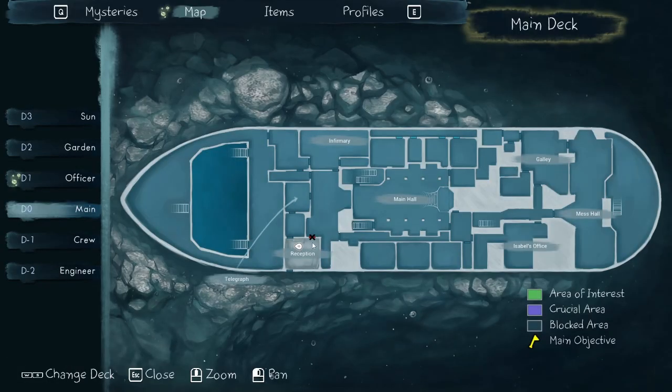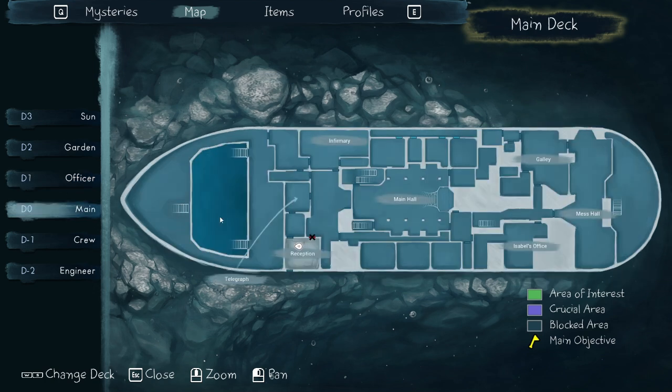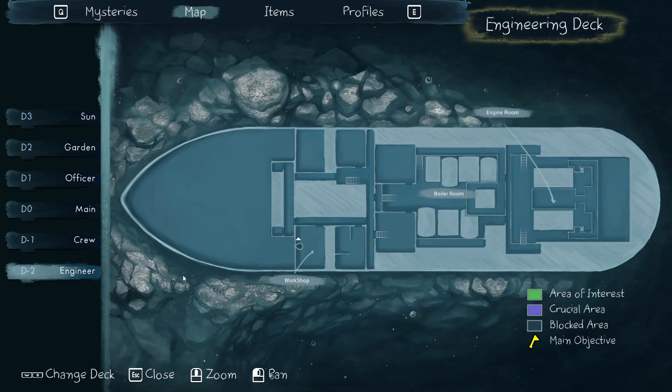Okay, so we're in reception, and he told us we need to go to deck 1, which is the officer area, which is right here. So basically, it's like right above us, pretty much. Oh, I love having this detailed of a map. It's so nice. A lot of games you don't get that, and you got to try to remember where things are. And I usually have a pretty good memory, but